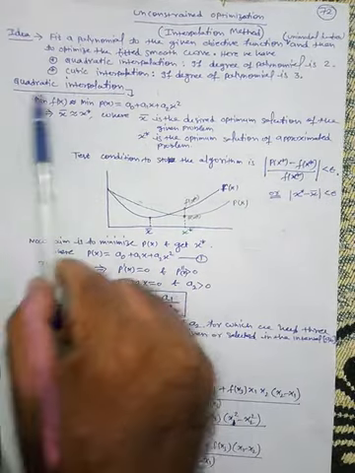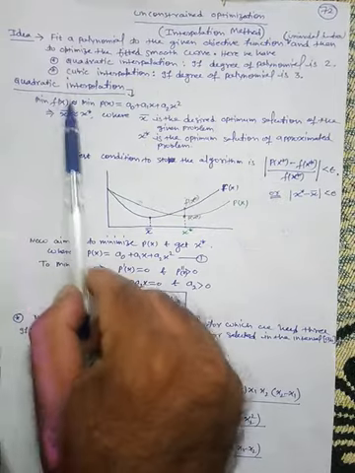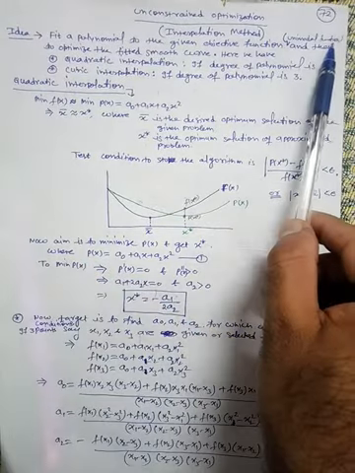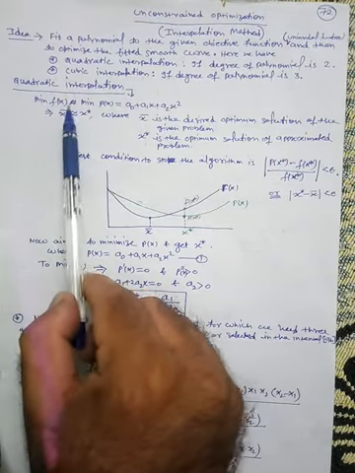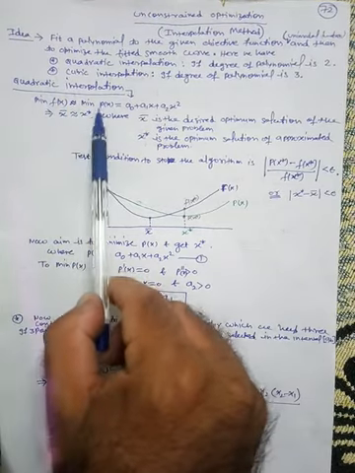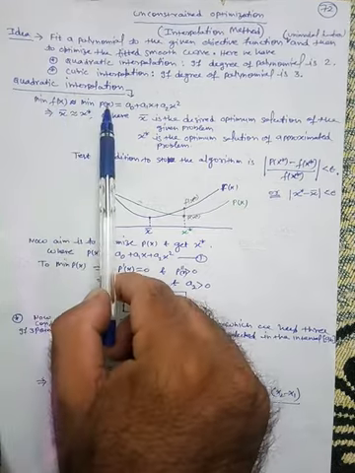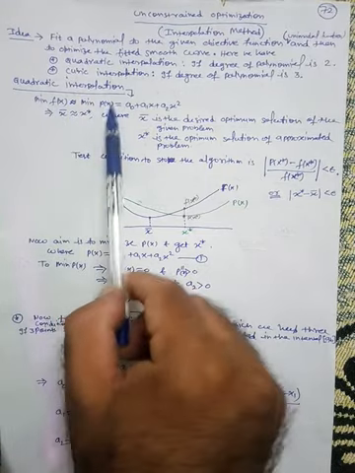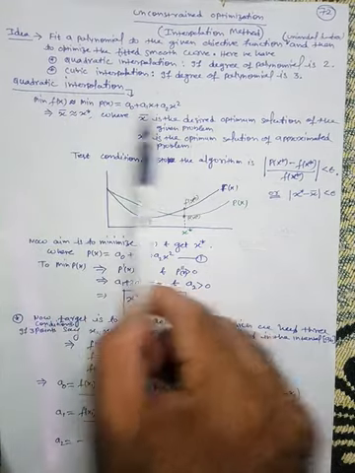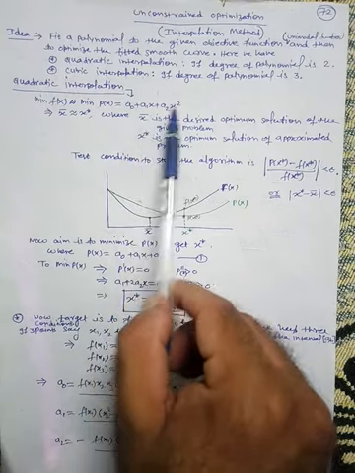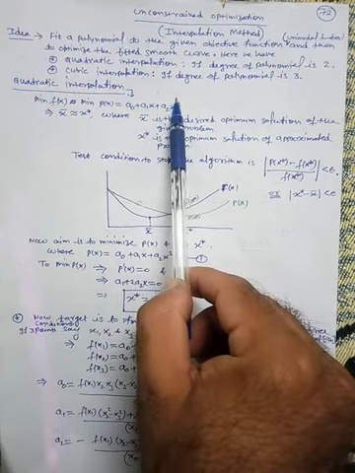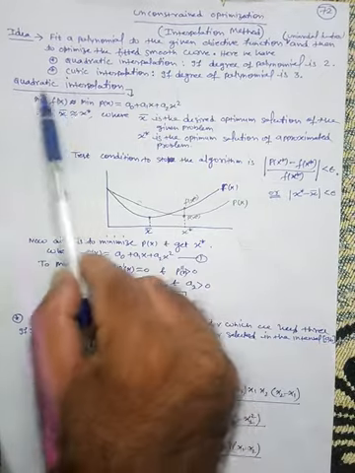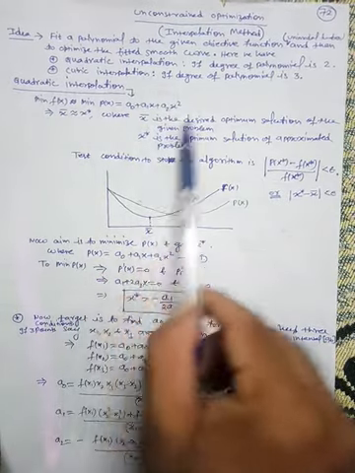This is our problem, minimum of f(x). Here f(x) is basically a unimodal function. Rather than solving this problem, we will solve the problem minimum of p(x), which is the approximated problem. Here p(x) is nothing but a quadratic polynomial, a0 + a1x + a2x². So we will solve this problem.